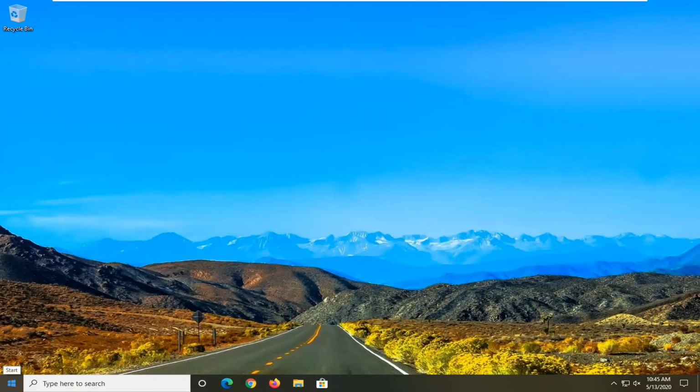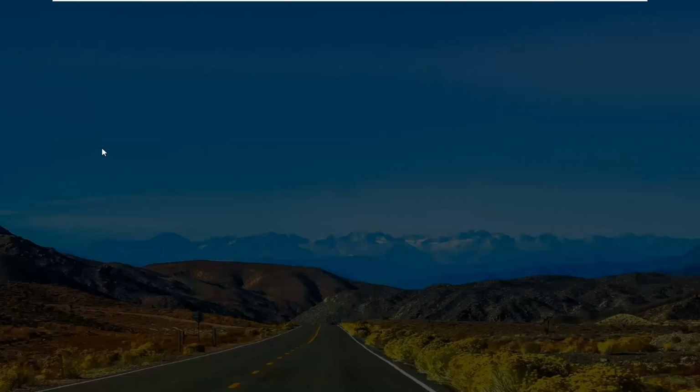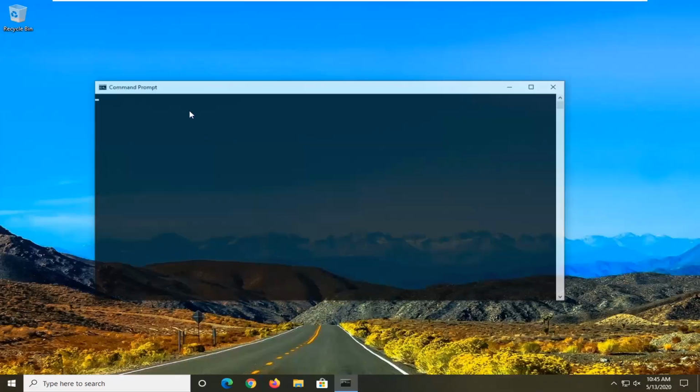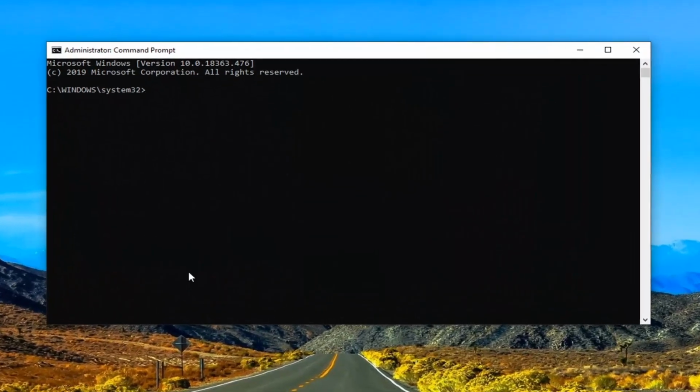If you're still having an issue, open up the start menu, type in CMD. Best match should come back with command prompt. You want to go right click on that and then select run as administrator. If you receive a user account control prompt, go ahead and select yes. Now into this elevated command line window, you want to go type in NETSH space WinSock,